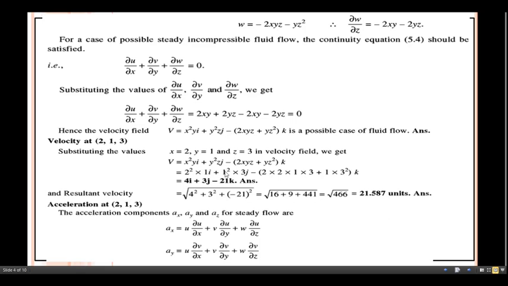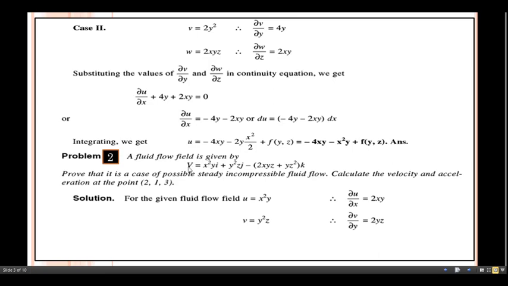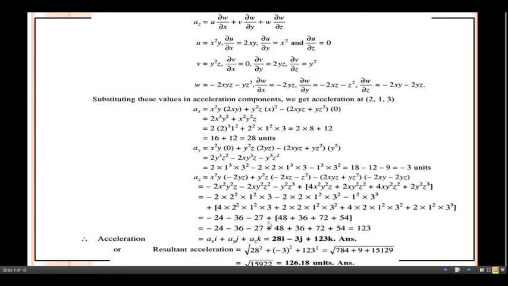So how that x square y will occur? If you focus on this relation given, this is actually the velocity field with us. From this one, already the value for the u is x square y, and the value for the v is y square z. So what about that u term, x square y? If you differentiate this one with respect to x, what do we get here? 2xy. Similarly, if you differentiate this term with respect to y, what do we get here? Just focus on here. Dabba u by dabba y means here we can get the x square.